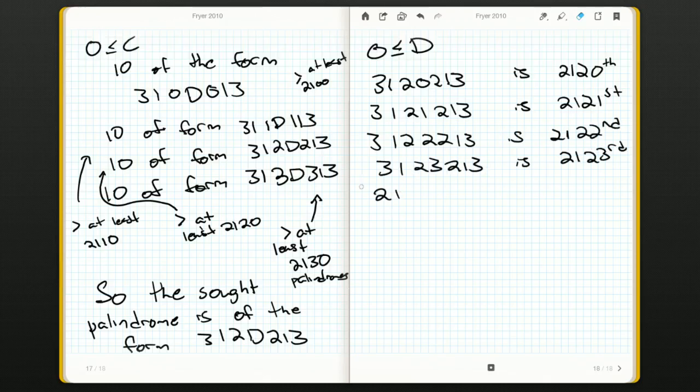Or actually, 3124213 is the 2,124th, and 3125